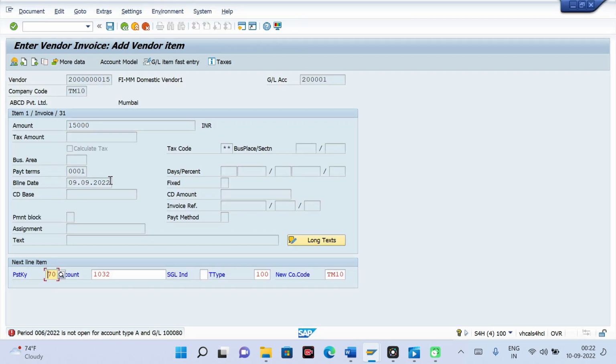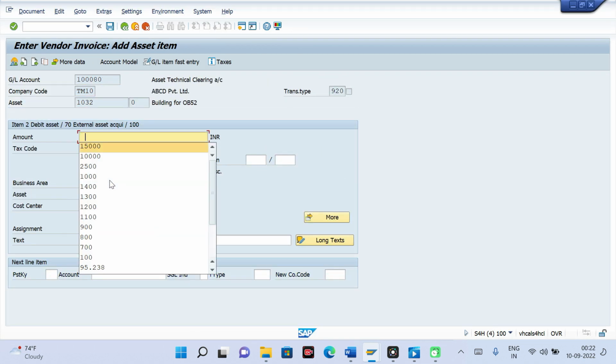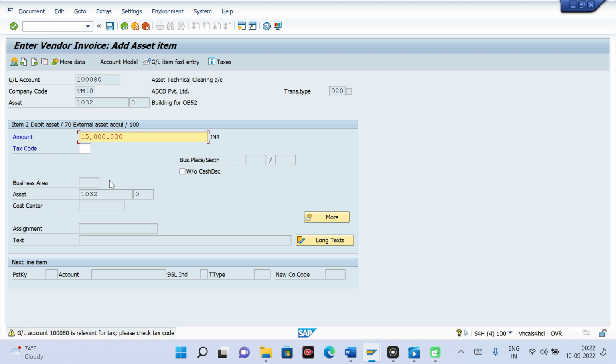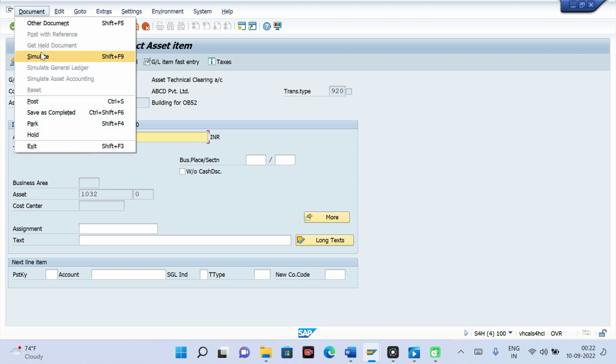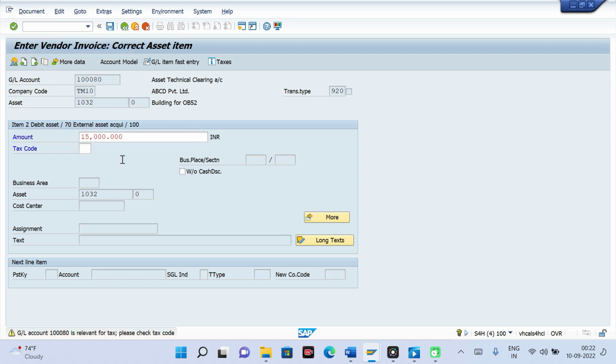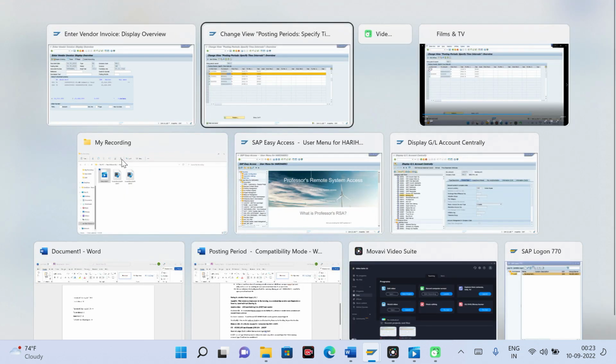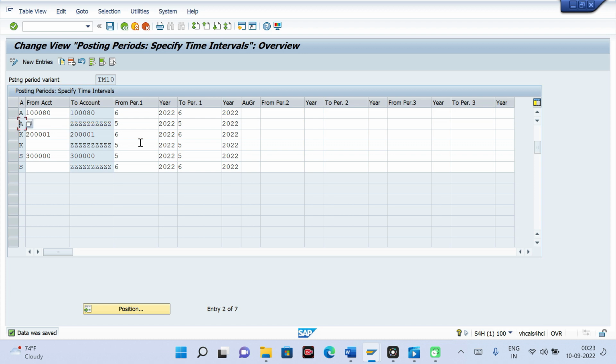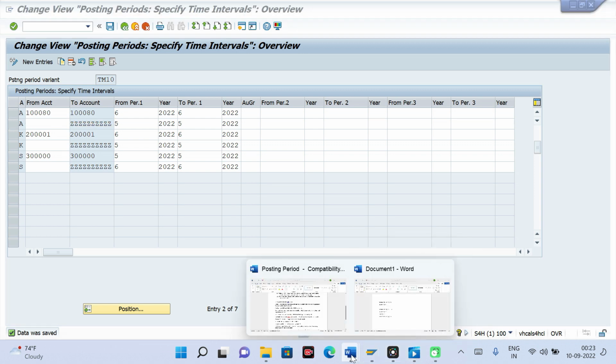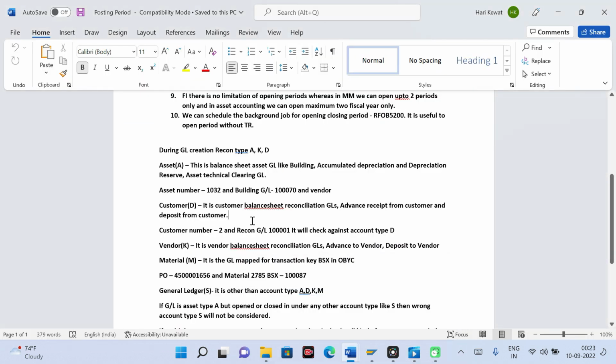So let us hit enter. Okay, so no error. It should come error ideally. Let me check once. So what is my GL for the building?